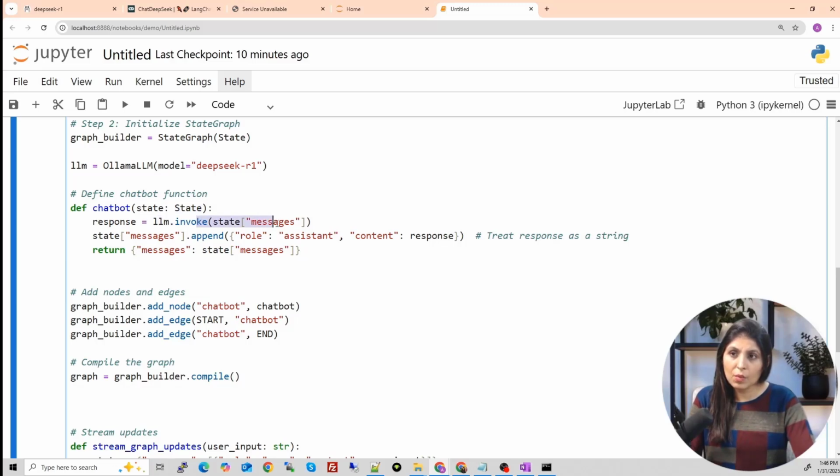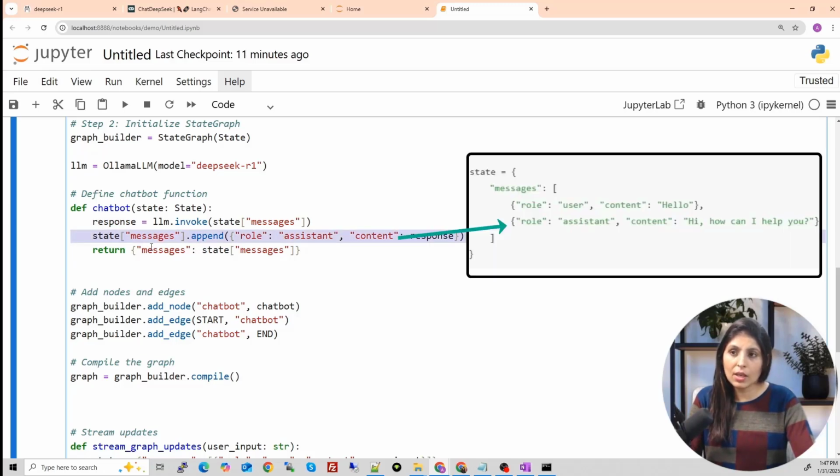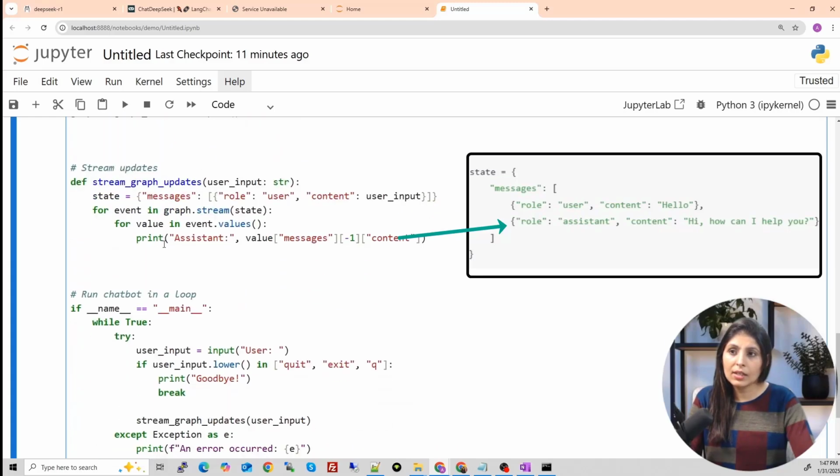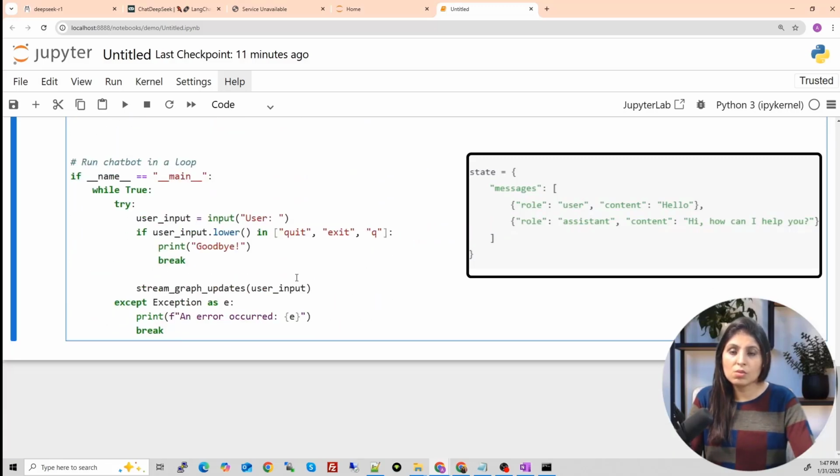We are providing that hi message to the LLM. The LLM generated the response for hi, and then the response of the chatbot is getting appended in the state. And then, see in this function again, after that we are showing the response on the screen to the user. So this is what's happening.